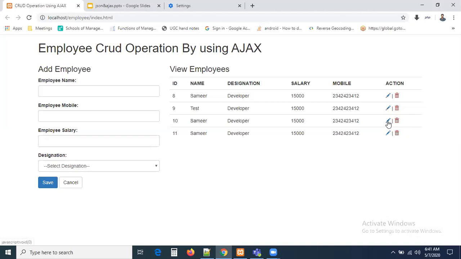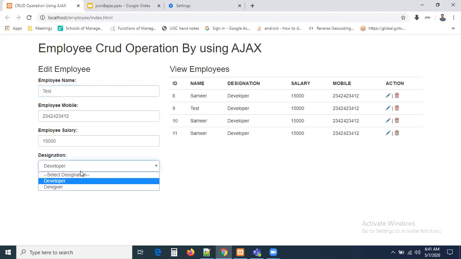Now you can see I'm clicking the 10th record. Can you see the data was populated? I clicked the 10th record, submit developer 15,000. Now I am clicking the 9th record. Can you see here? Now the data was populated. This is the test record that is updated, and this is a simple thing. Data is getting there. Whatever information you want to change, change it here. I'm changing the information here, and I'm going to hit the update employee button.